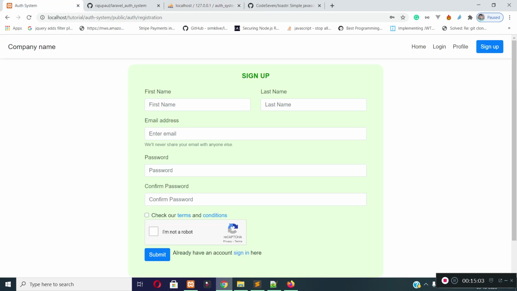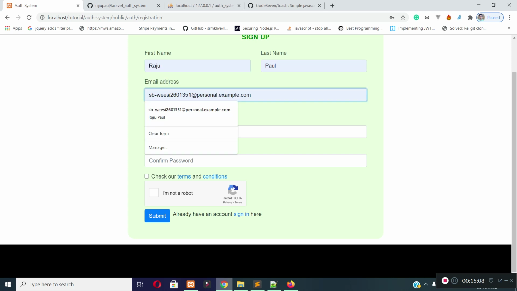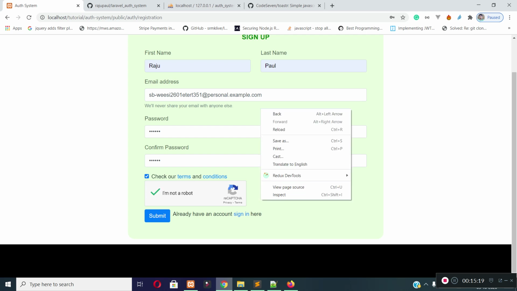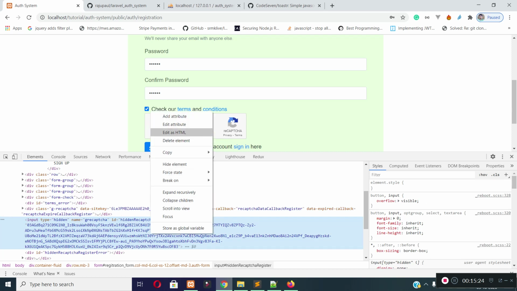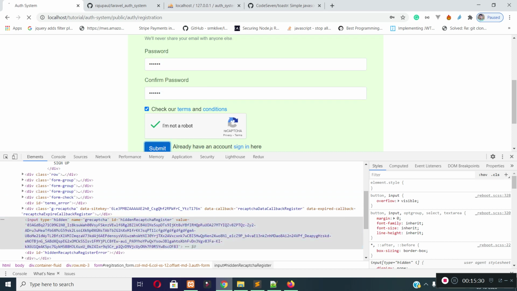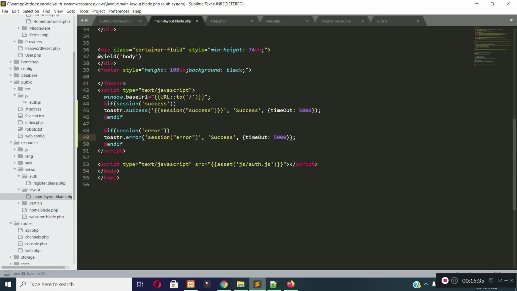Now let's check whether our Google reCAPTCHA validation is working or not. So let's add some record to the registration form, and let's check our Google reCAPTCHA, and let's inspect the page and modify the response, and then submit the form. You can see, okay, I think this should be in curly braces.